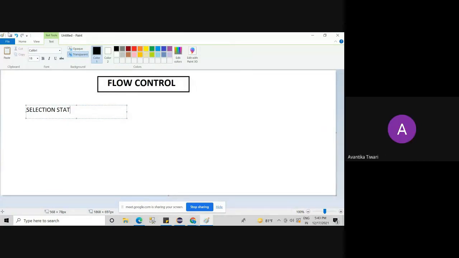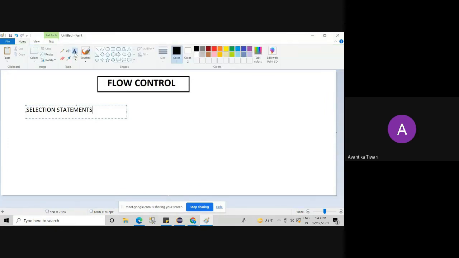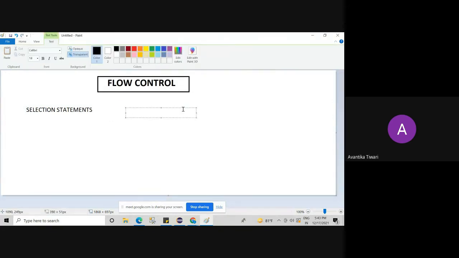Okay. So the first category is selection statements. Keep drawing in your notebooks also. How many of you are maintaining dedicated notebooks? This is for newcomers. You have to maintain a dedicated notebook for Java, and I will discuss some interview-based questions that you also have to write in those notebooks for easy revision. 2 days before the interview, you can take your notebook and revise everything. Your life will become easy.